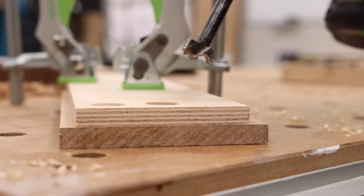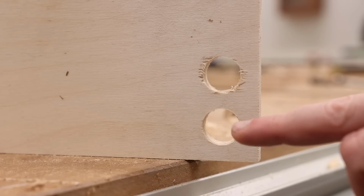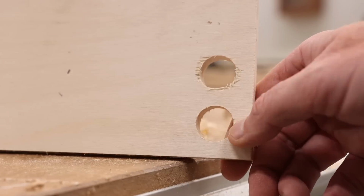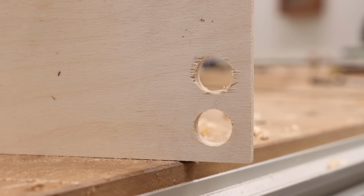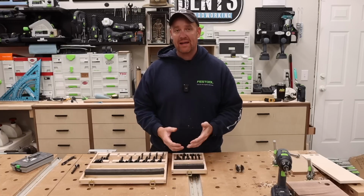All right, got my material underneath. Let's go ahead and punch this one through. All right, here you can clearly see the difference between the one with nothing behind it and the one with the piece of MDF underneath to help support the cut all the way through. So no issues with the exit cuts as long as it is supported, which is the case with just about anything. So I wanted to do that quick comparison and really just highlight what the features do,